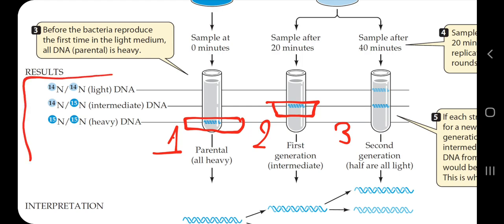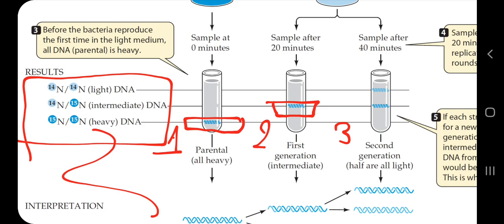For this you need an understanding of the structure of DNA. That is why I was telling you that if you want to know about the structure of DNA, you must watch the previous videos first. Every DNA is composed of 2 DNA strands. So if you are saying that any DNA has 15N or 14N, there will be one question: what part of DNA? Because it has 2 strands. One strand may have 15N, another strand may have 14N. Both strands may have 14N, or both strands may have 15N. So there will be 3 possibilities.